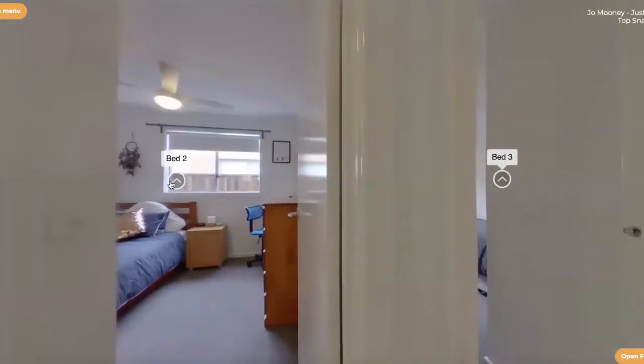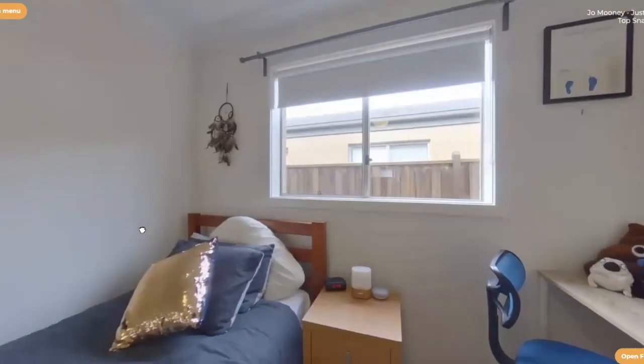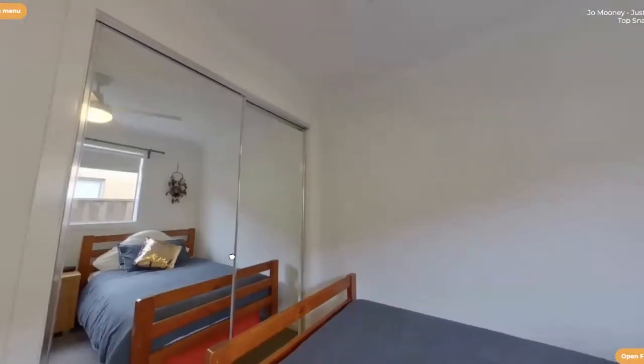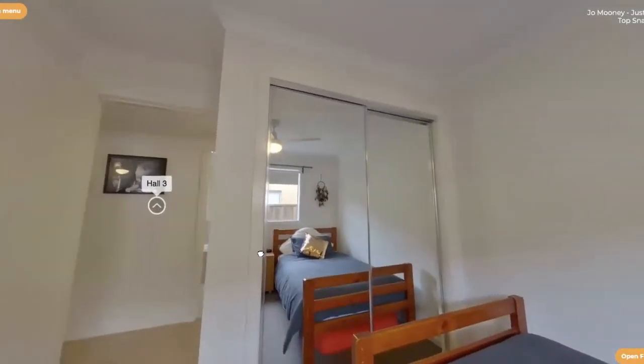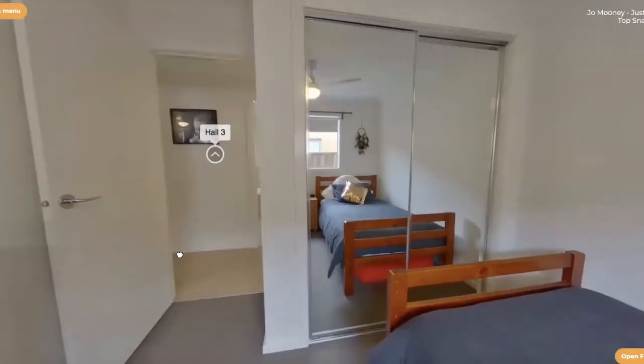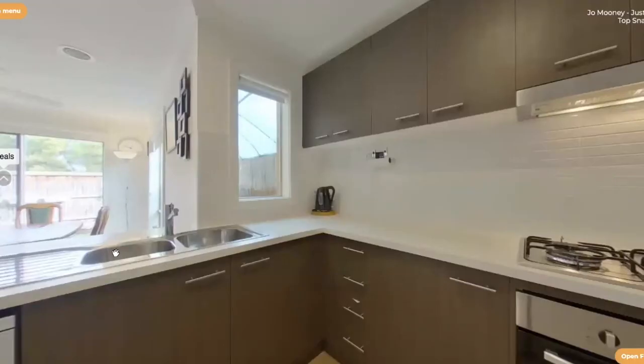Bedrooms, yep, we've got another 2 here, and both rooms are the same size and do have the mirrored robes, which again do make for just that extra feeling of space and a little bit of reflected light as well, which is quite lovely. Now, this is where this home stands out